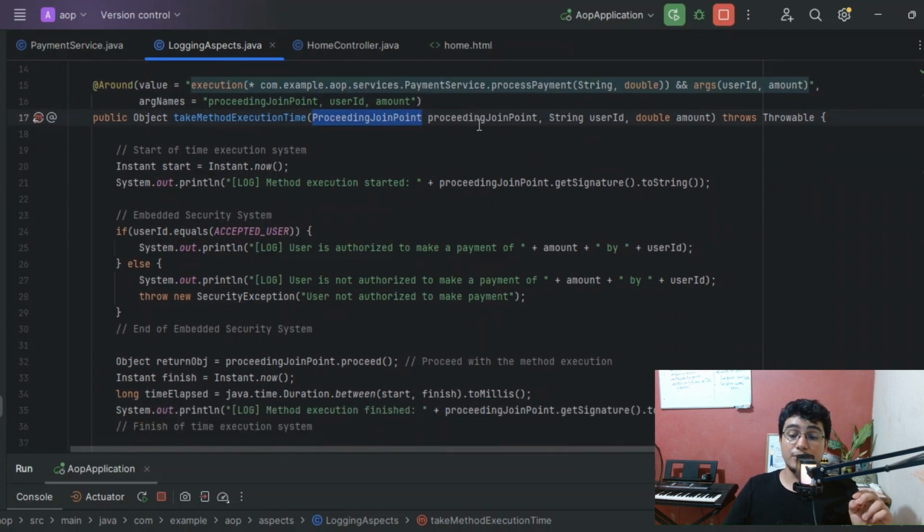Because while you don't execute the proceeding join point, the proceeding join point comes with a specific method to tell Spring AOP, okay, now here we are going to be putting the limit that will divide the before of the execution of the method and after the execution of the method. So everything that happens before I call that particular method from the proceeding join point will be